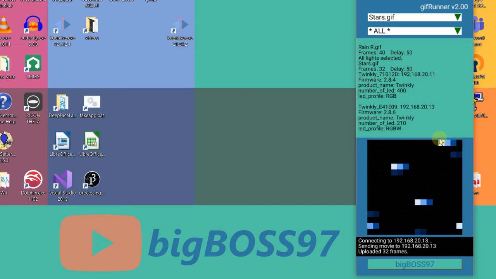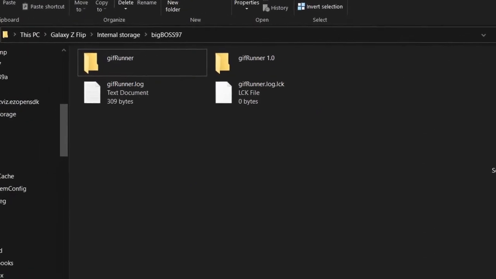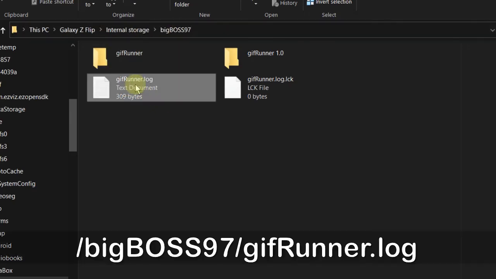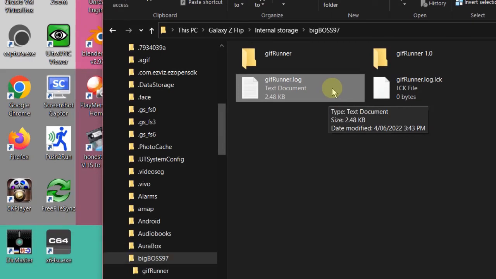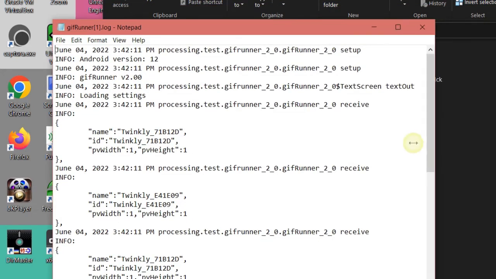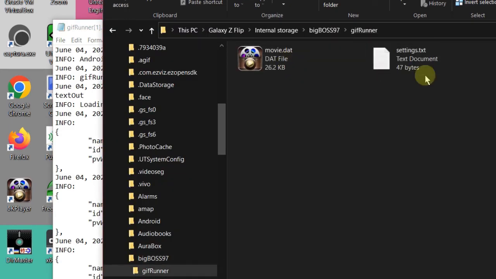Now we can try to change something in the settings. So this part is optional. Before you do that, you better close the app. Now we go to the log file here. This is the directory on the phone. It's under my internal storage and Big Boss directory, and here is gifRunner log. Now I open the log file here, gifRunner log, and you can see some information here. We are going to use this information for our settings file, and just go down to the gifRunner folder. There's a